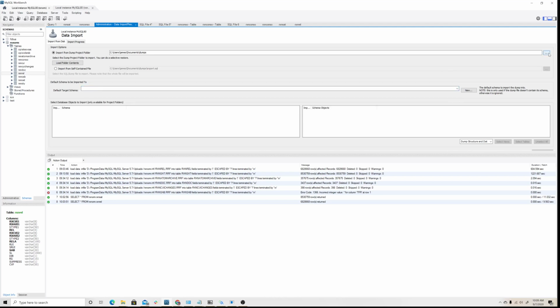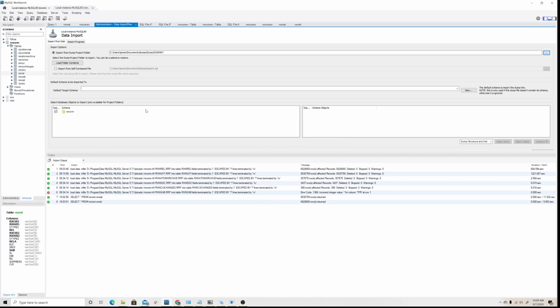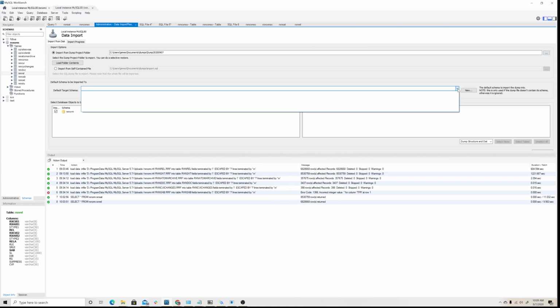So I'll show you how I'm going to do it. I'm going to click on here. I'm going to select my folder where I put the file. It's going to be under dumps, and I put a dump. You'll have the same folder name as this probably. And now that I selected my folder of where I want to import it in,